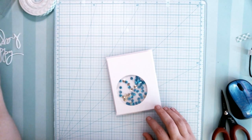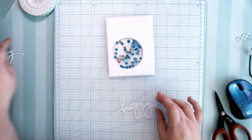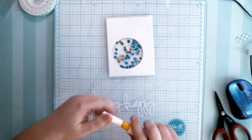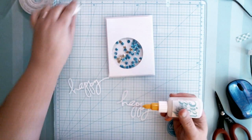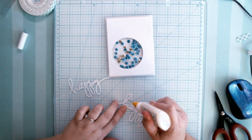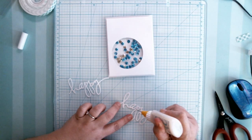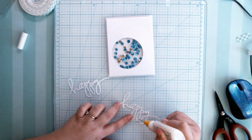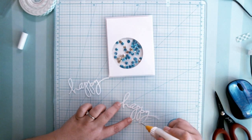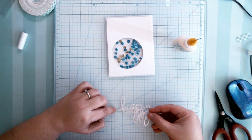Alright, next up, we're going to put our happy on it. I have 2 layers of happy cut here, so I'm going to glue those together. I'm just going to put a few little dollops of this glossy accent around, just to stick these two together. And I'm doing that because I just want a little bit more depth to this